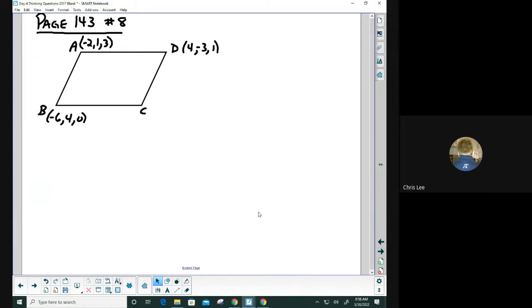All right, so this question we're going to do is page 143, number 8. So let's just look at it in our textbook. What they have here is 3 points. Now remember, we know that they're points because they have a capital letter and there's no equal signs or anything like that. So the 3 points, which I've labeled in the picture,